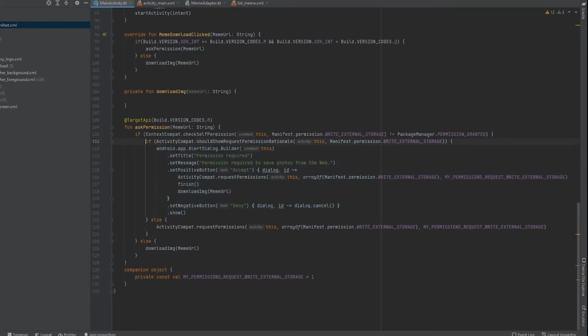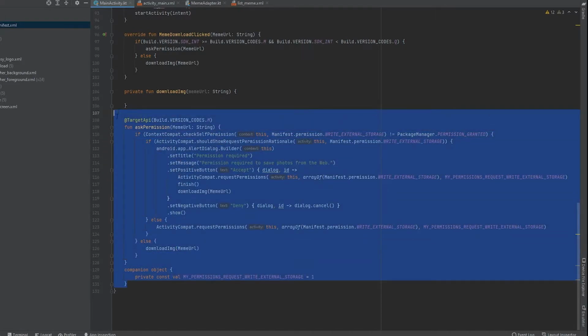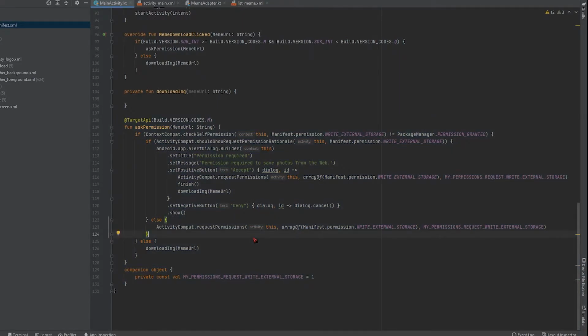And in the else part, if this is not true, we are directly getting the permission. Same thing as we have done here: requestPermissions with an array of Manifest.permission.WRITE_EXTERNAL_STORAGE, and the permission request code, so that here we are getting the storage automatically. Then in the else of this else, if the user has already given the permission, we are directly downloading the meme URL. So this is basically it. There is not much to understand here: we are going to get the permission from the user to download our image. That's all we have to know in this.